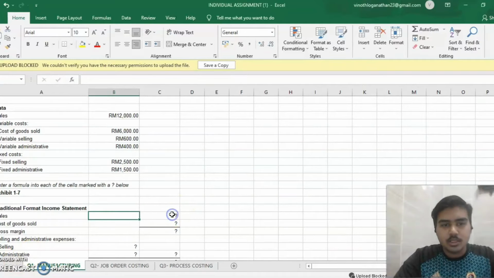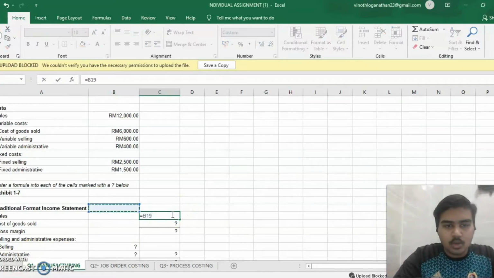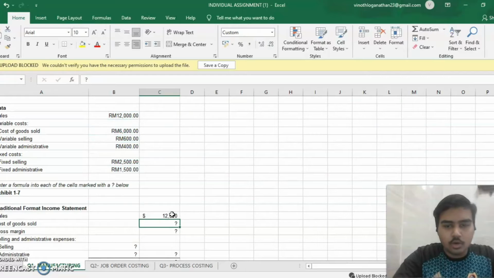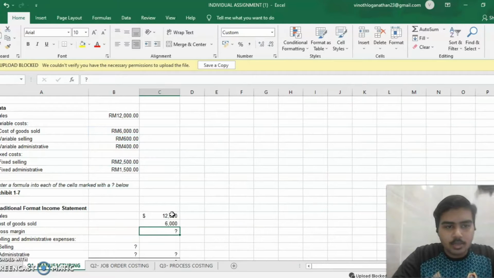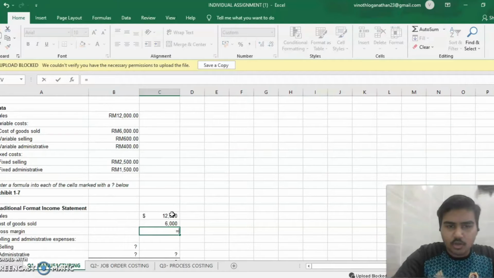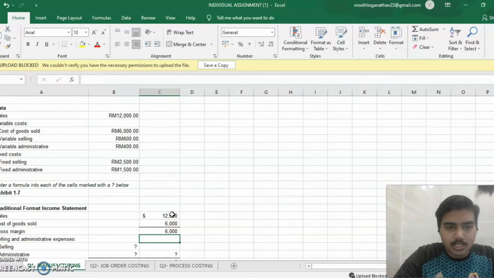So first we choose sales and we go according to sales data, and then we go for cost of goods sold, which is 6,000, and then we have the gross margin. Of course, it's 12,000, which is C20 minus C21, so you get 6,000. And then you go for selling, which is now we are going for the selling